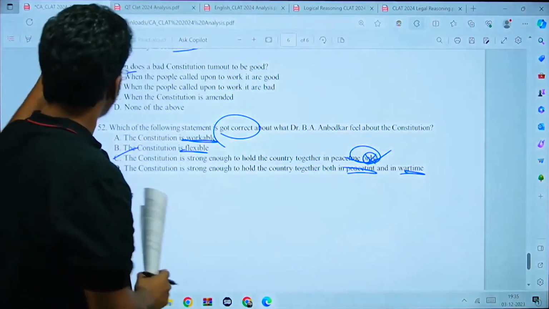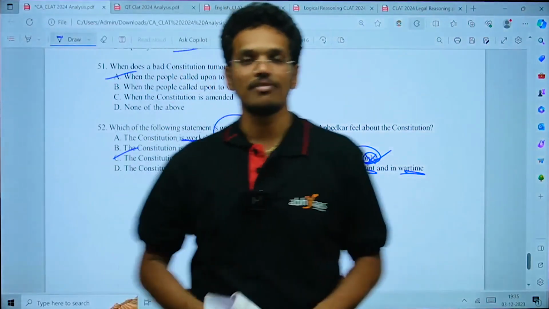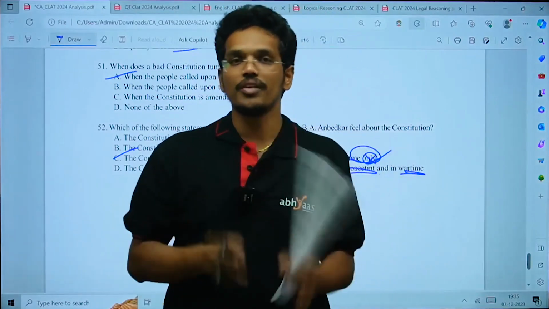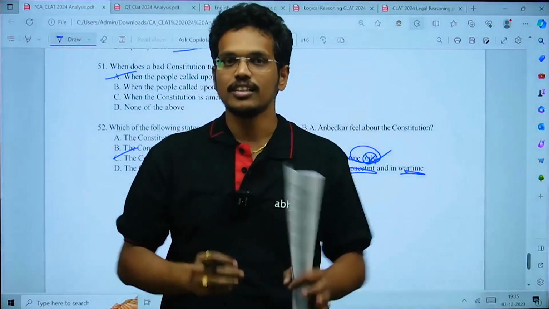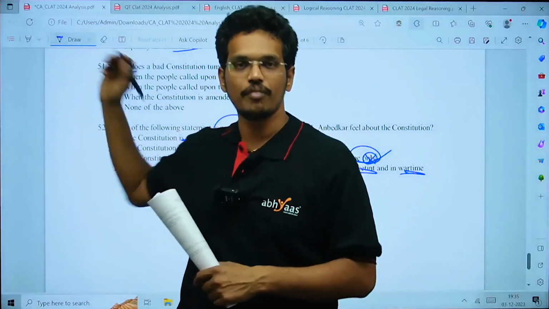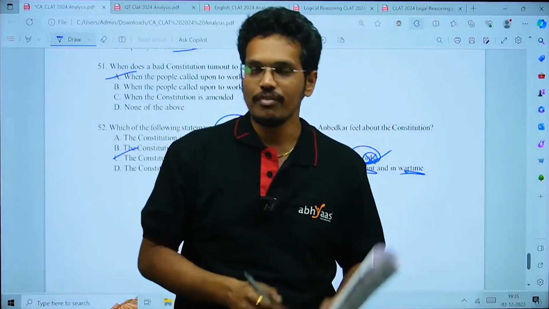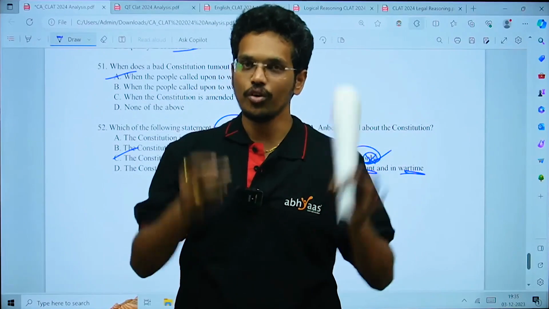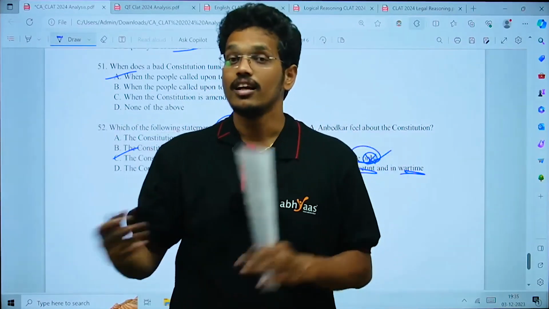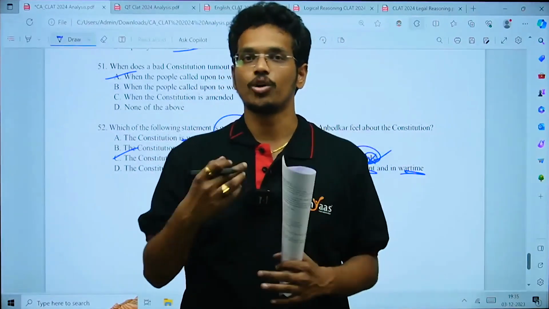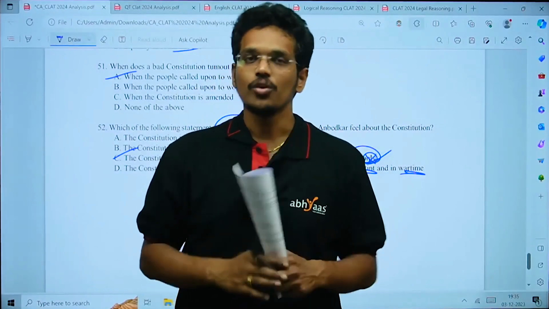So with this, we have completed our current affairs analysis. Out of 28, 23 answers are easy, directly taken from the passage, 2 are difficult and 3 are moderate. If you know the context, you can easily answer the questions with some sort of logical reasoning. So with this, I am